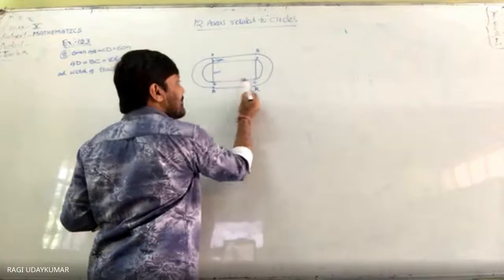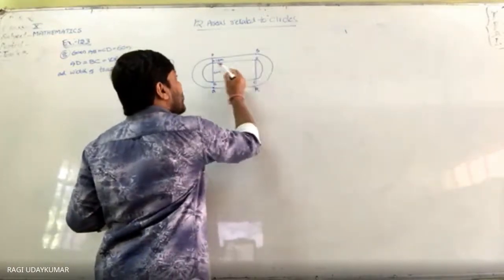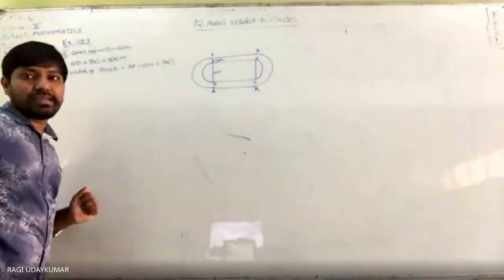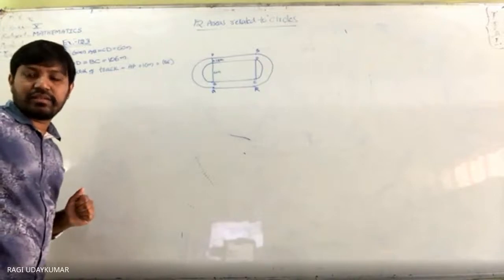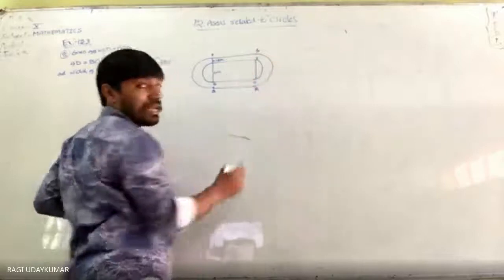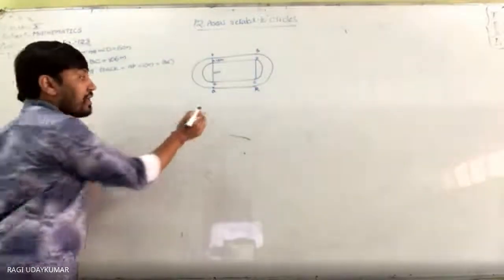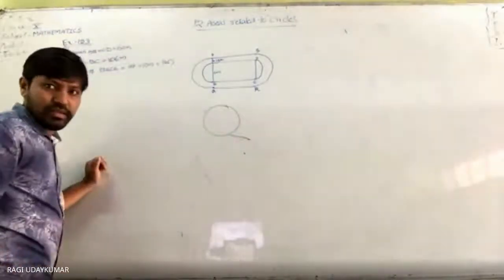Two times BC, plus CD and AB will make one circle, two semicircles, isn't it? CD is a semicircular region. What will both of them together make? A circle. We need the full distance of the circle. This full distance is nothing but the